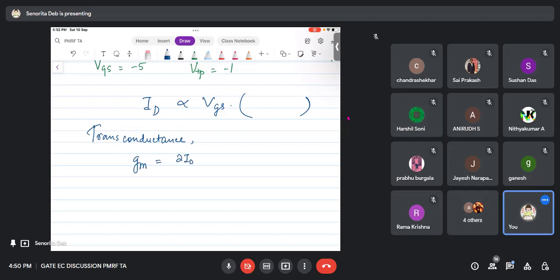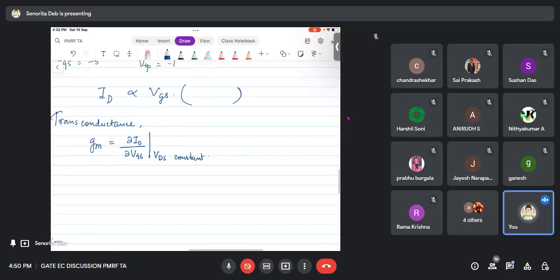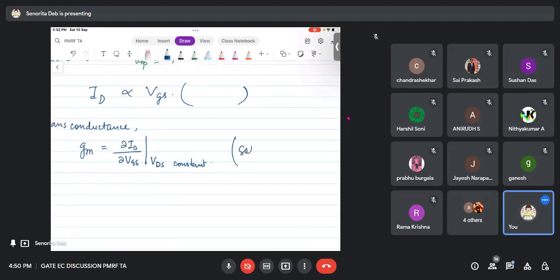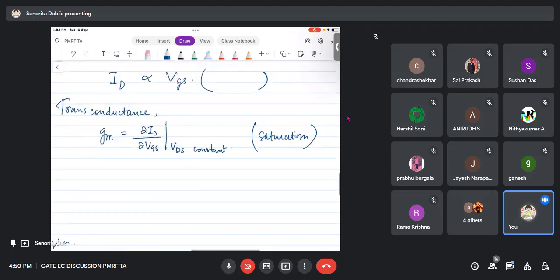And this will only come at saturation, because in saturation only this is happening, right? You are applying a VGS, you are getting an ID which is completely proportional to it. So in saturation, we will see it is mu n COX W by L, the transconductance amplifier. Okay, so this is what you will arrive at. You will also arrive at two more equations, because if you substitute VGS minus VTH from the ID equation, you will get,